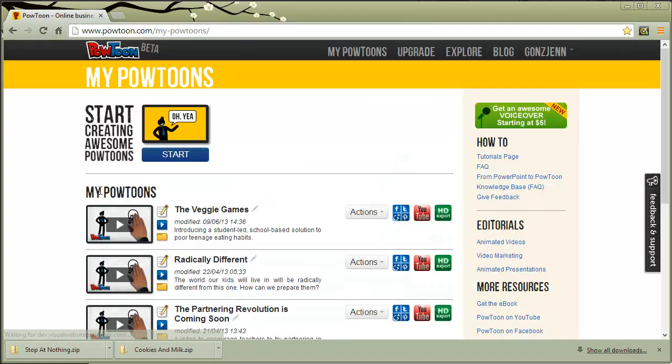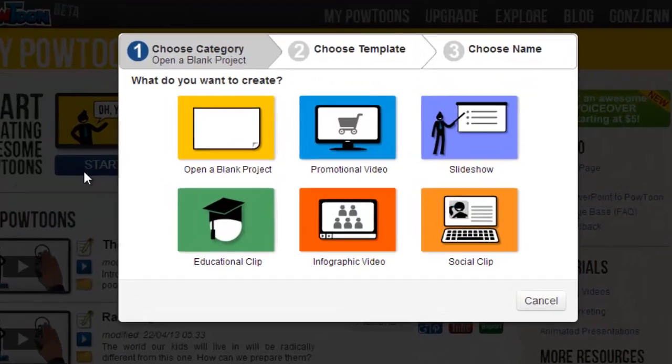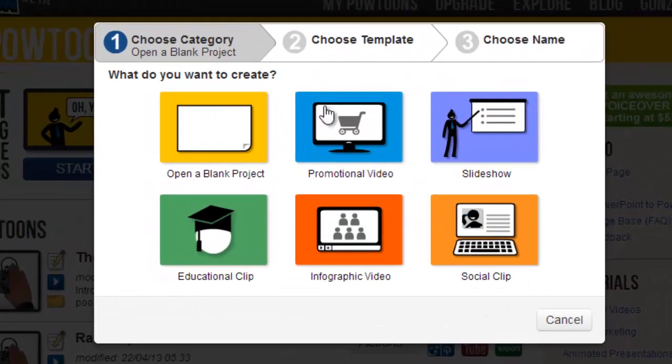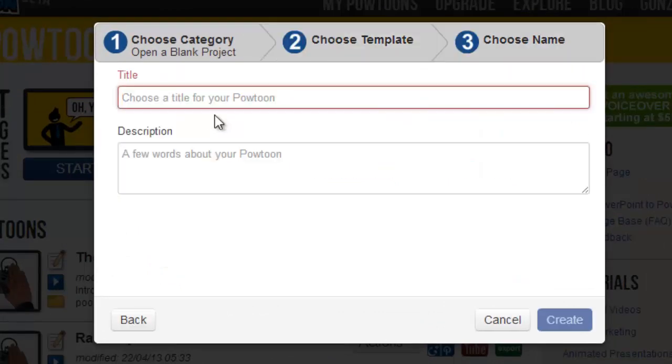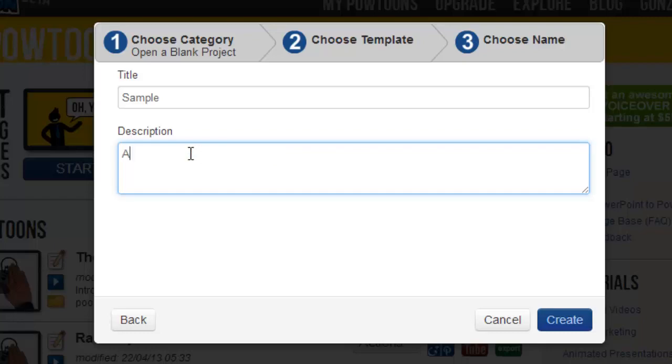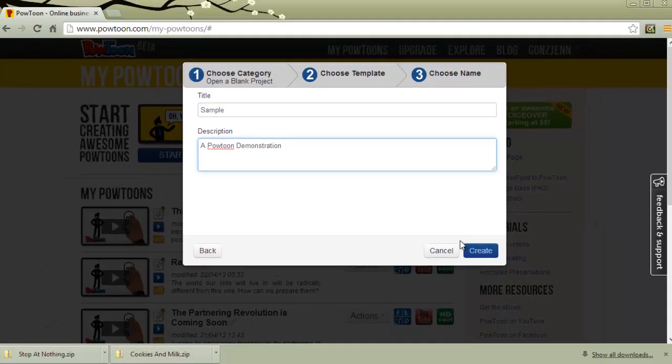and then that'll take me to my account. What I want to do is start a new one. I've got some of my other ones that I've already created down here, but I'm going to go ahead and start a new one. They offer a bunch of different possibilities, but I prefer to work from a blank project. Okay, so my title is going to be just a sample. Okay, and this is a Powtoon demonstration. Okay, so now we've got it,